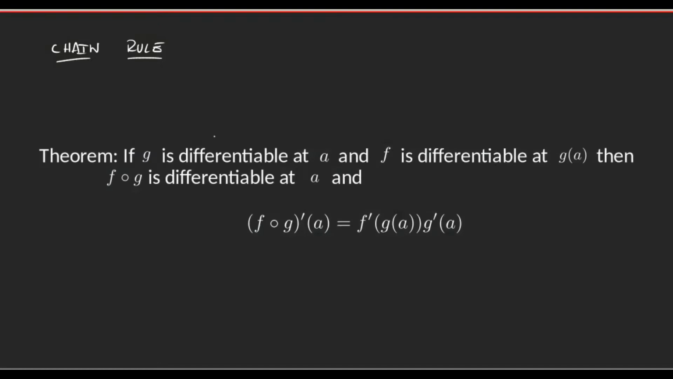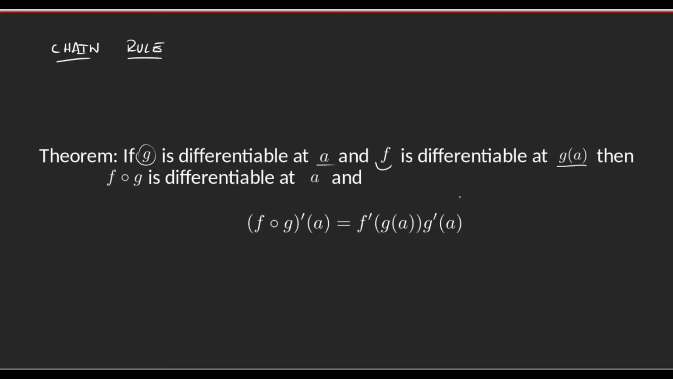In this video, we're going to be learning about the chain rule. Once we've proven the theorem, we're going to use it to talk about implicit differentiation. The chain rule says that we have two functions, g that's differentiable at a, and f that's differentiable at g